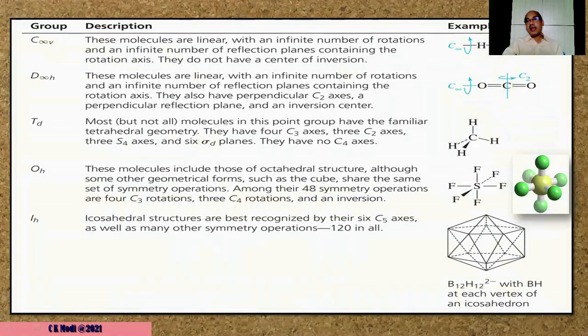Now look at this linear molecule, HCl. Both ends have different atoms, hydrogen and chlorine. But it is a linear molecule. Now this linear molecule has